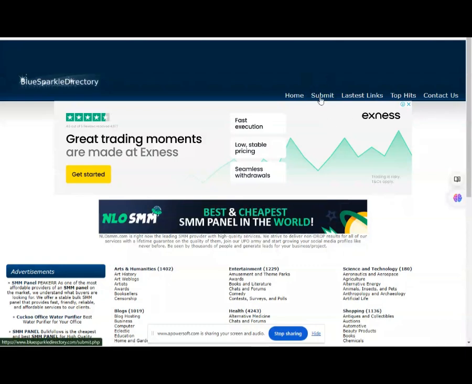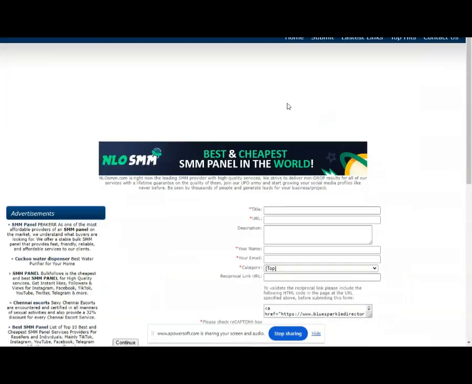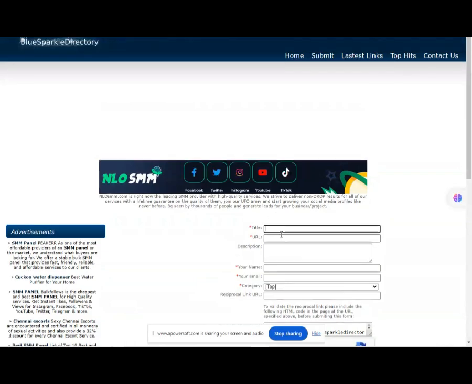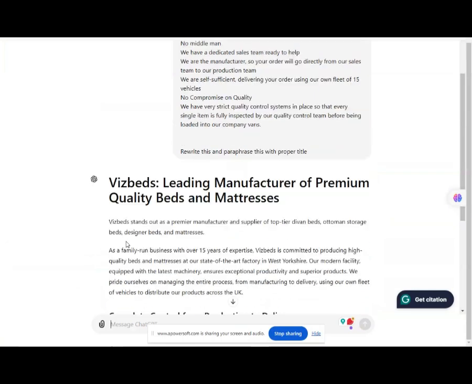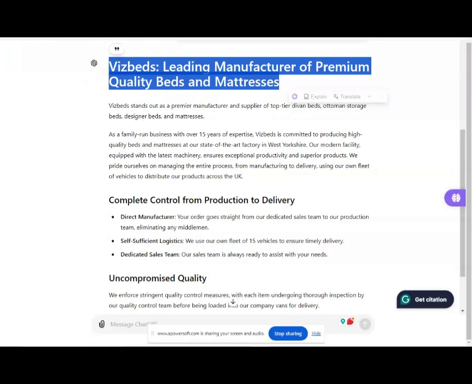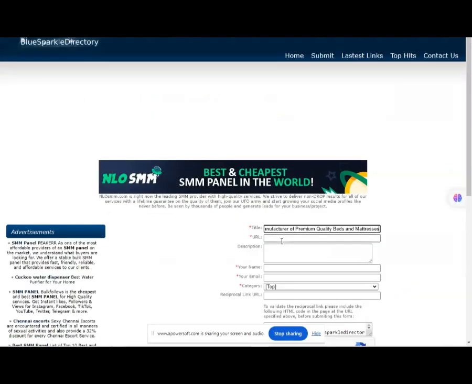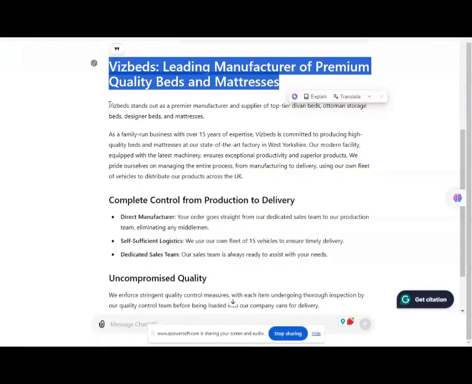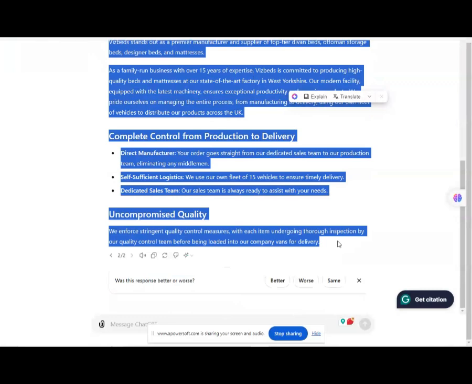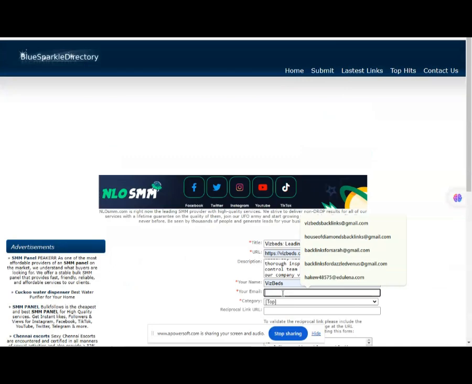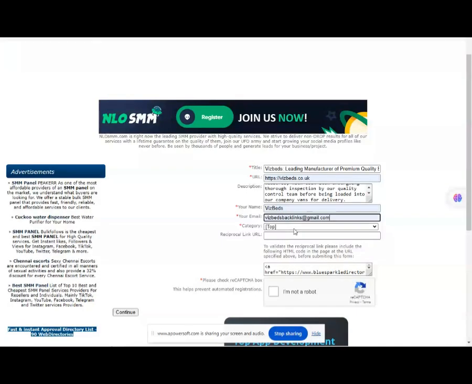First of all, we should click on the submit button. Here is the submit button. You can see here is the option where we should give a title for the backlinks, and I made a title for this website. This is my title, and we'll put this title here, and my URL is this one, and here is the description for my backlinks. Okay, so here it is, and the name of my business is VizBats, and this is my email, and